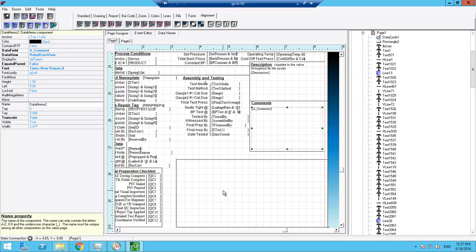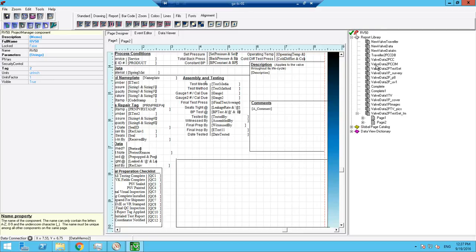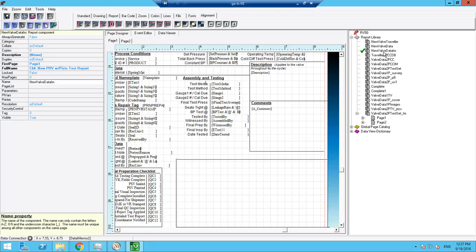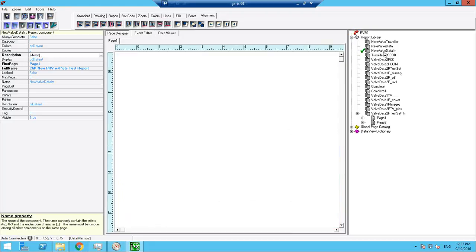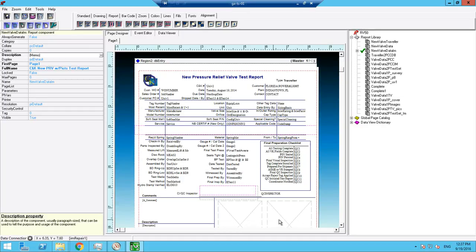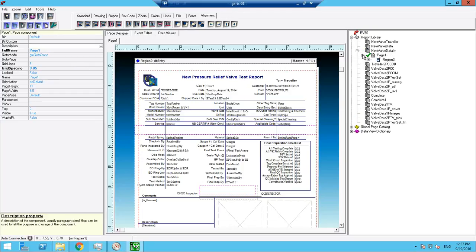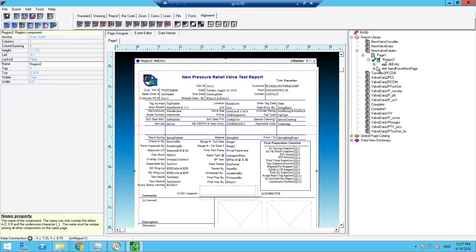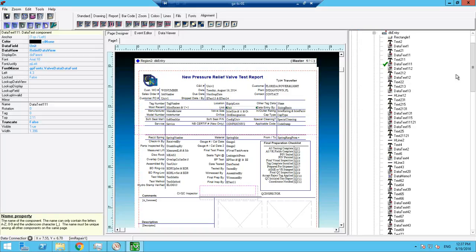And now down in this area I want to have the 2 photos. And so what I'm going to do in order to make the photo a little bit easier, a little bit quicker, I'm going to find another report that already has images on it, and I'm going to go to that report. So here you see we have a valve data, a new valve data with images. I'm going to double click on it, and you see here I've got the 2 images, but you also probably remember that the images have a specific trigger on them. So just like DB Traveler, there is a specific trigger, and I'm going to come out and I'm going to find that trigger. And if memory serves, it's called DB